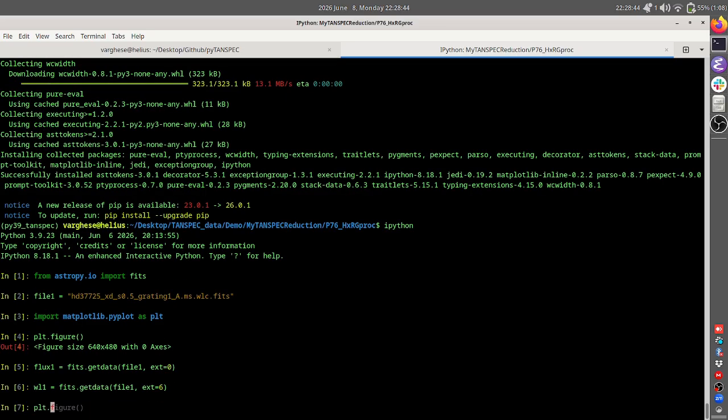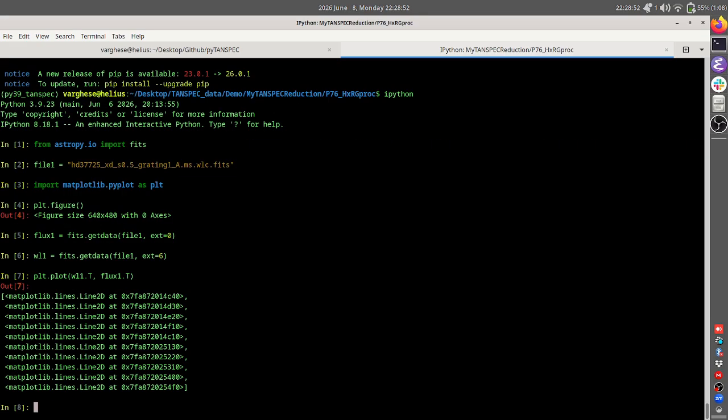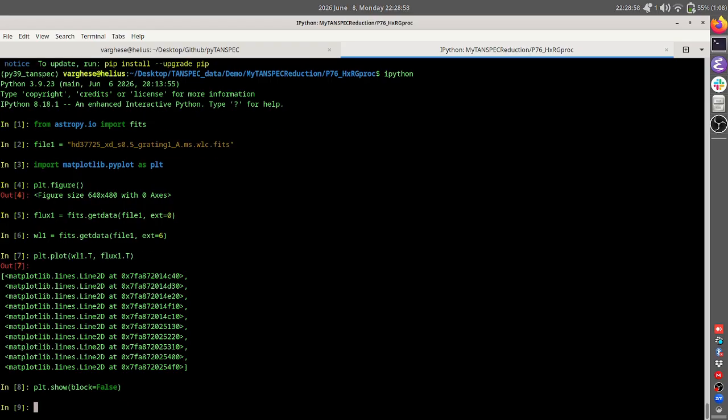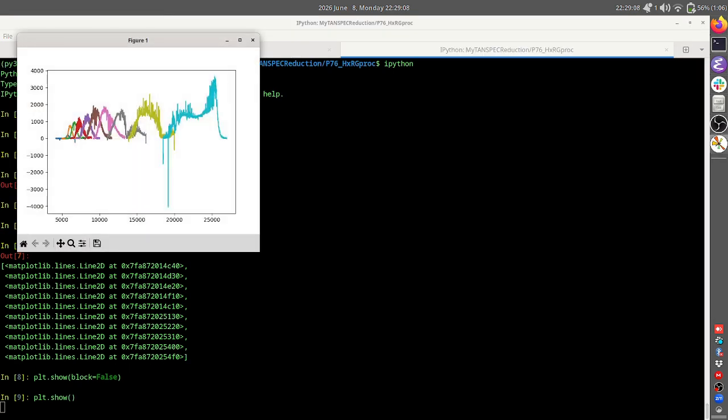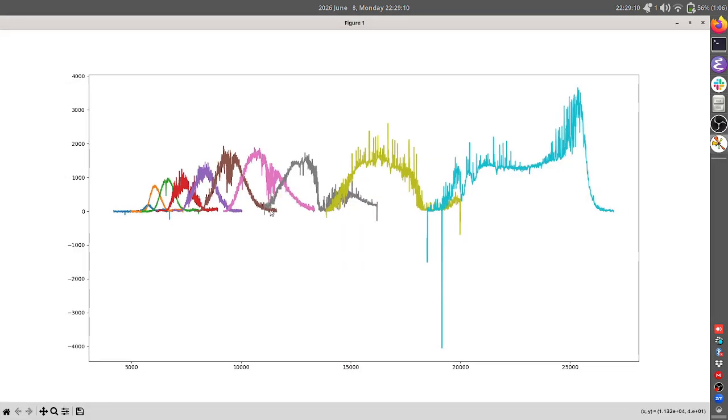Let's plot that. plt.plot wavelength1, flux1, and that will do the job. plt.show. It didn't show anything basically. Yeah, this worked. So you can see that there is a spike here,